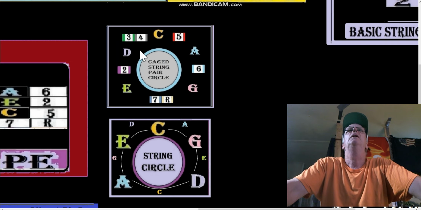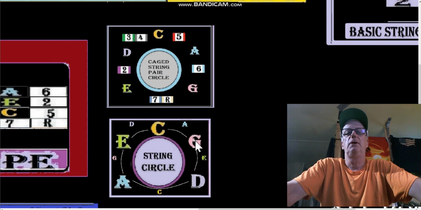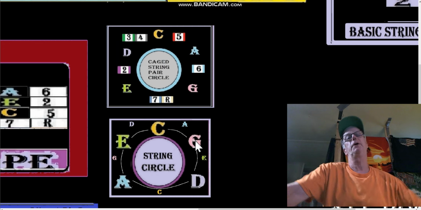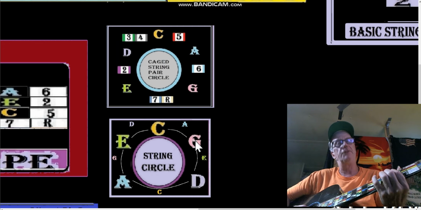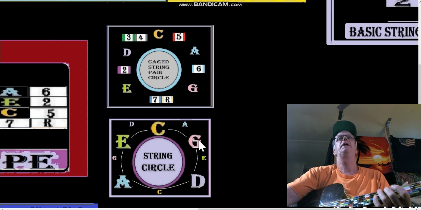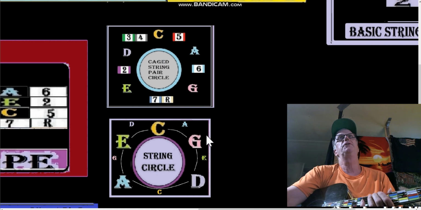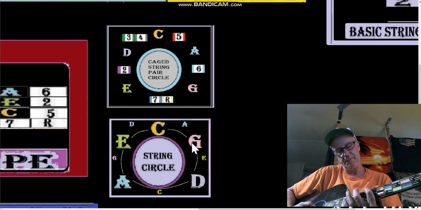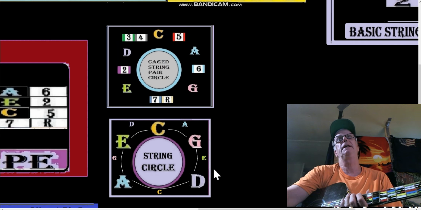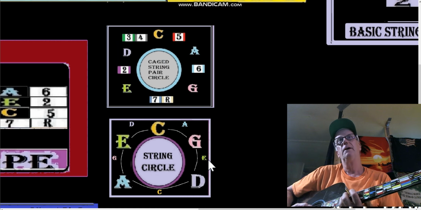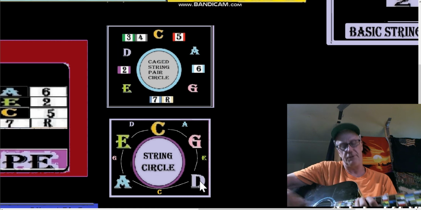Now this is kind of CAGED here, and the string shapes are going in fourths. So we kind of did that. Actually, they were going in fifths, because like I said, we're going up the neck. So let's do that one more time. We got the C string shape. Then we have our little CAGED advance, which shares a note. Then we go to the G string shape, which is the fifth. Then we skip the little E CAGED advance. Then we go to the D string shape, which is the fifth